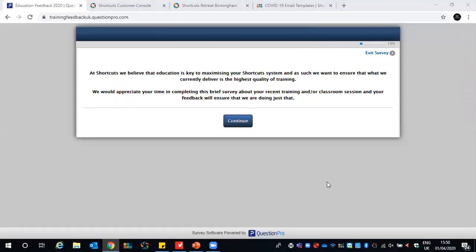If you do need to be set up with a remote connection so you can go into the salon, we can sort that out for you. But no, there isn't a way to reopen the online booking from home, unfortunately. I don't even think there's a way we could do it for you as well. No, there isn't, just thinking about that.